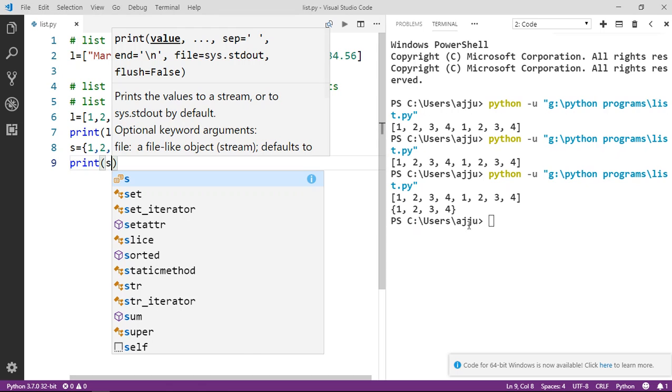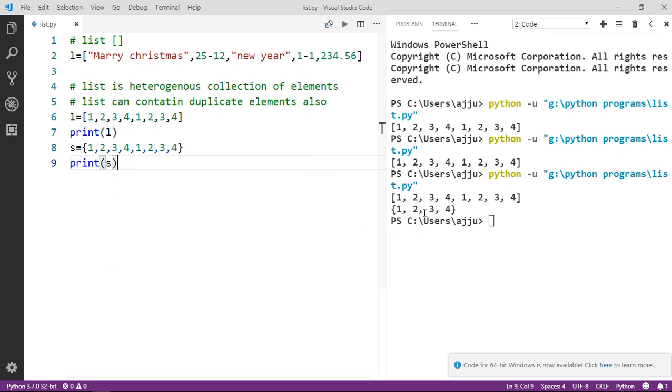So guys, you can see here it is not here. We cannot hold a duplicate element. So guys, E1 2 3 4. Okay, so guys, actually set is also a data structure which can collect heterogeneous elements, but it doesn't preserve